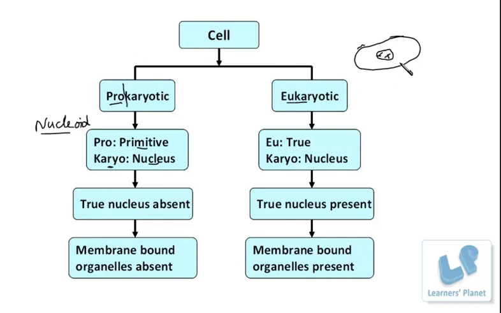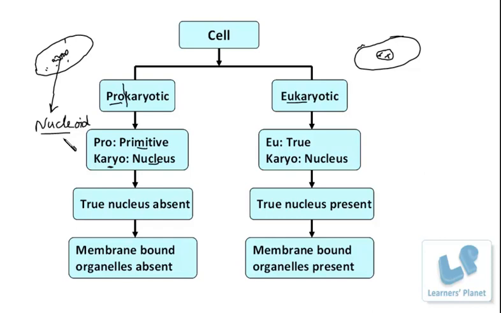But this is the eukaryotic cell. But in a prokaryotic cell, how is it going to appear? Suppose this is a structure, so nuclear material is present in this way, and in the surrounding there is the presence of the cytoplasm, right? So this region in which the nuclear material is present is known as the nucleoid. Of course, this thread-like structure is known as the DNA or the chromosome or the chromatin, but the region in which this nuclear material is present is known as the nucleoid.